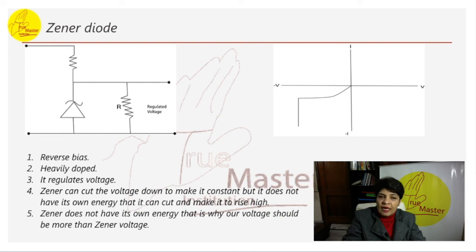So what we have applied for a steady voltage is a Zener diode. So Zener diode acts as a voltage regulator. So what is a voltage regulator? The name for it is Zener diode. So we will look into the